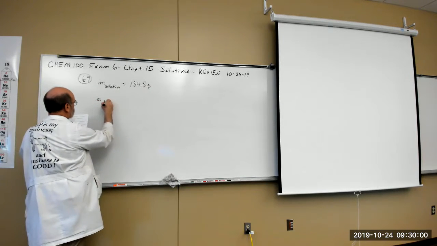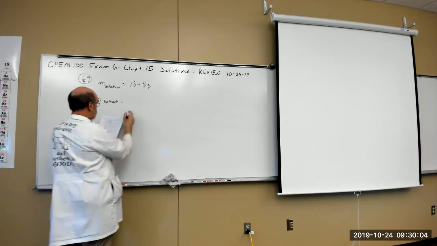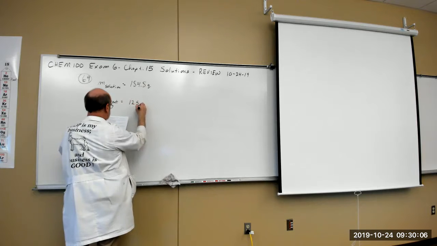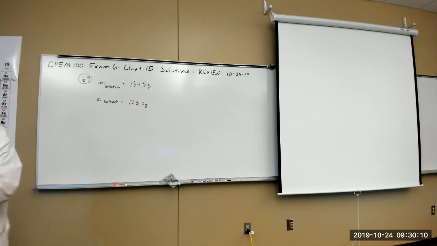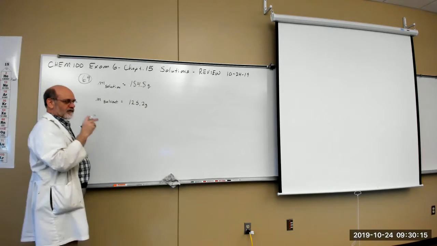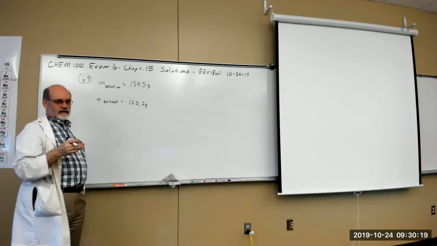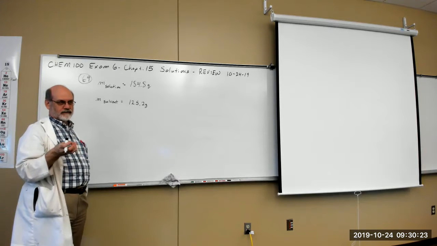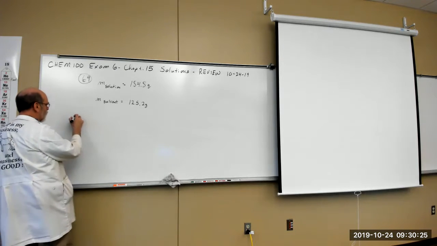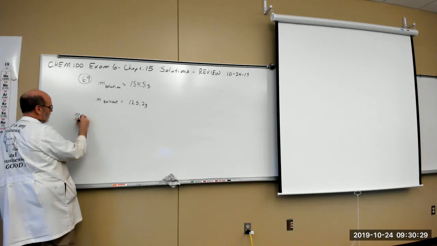So the mass of the solvent is 125.2 grams. What's the mass percent? Okay. The total mass of the solution is composed of what? Solvent and solute. Right. The calculation of percent by mass